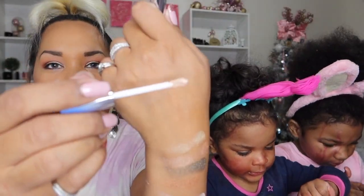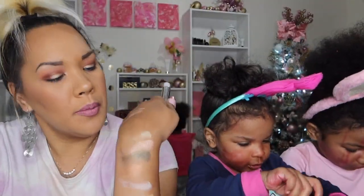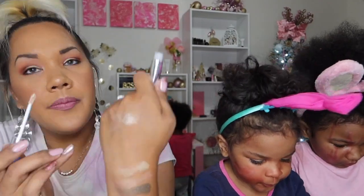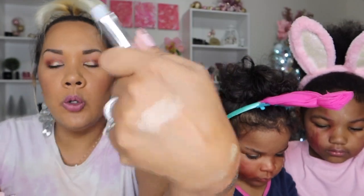Let's swatch it really quickly. Wow, I feel like that might actually be really pretty. I don't know, it might be kind of streaky. Pretty. It's kind of sheer. If you like gold flecks, because this has gold flecks in it, this might be a really nice